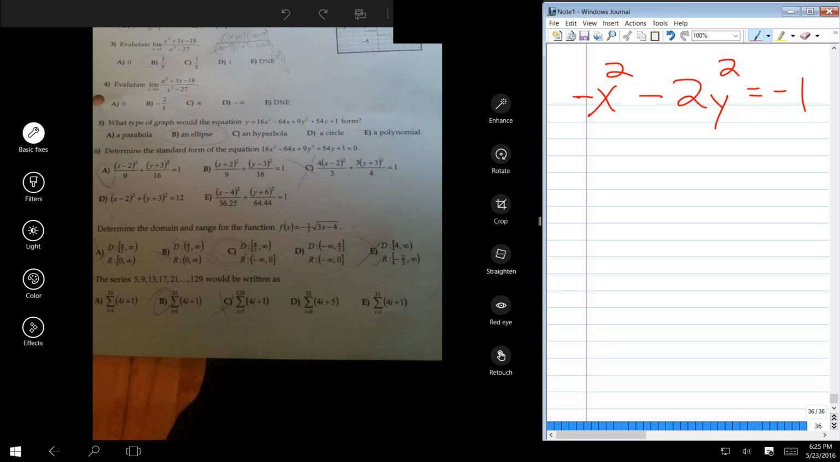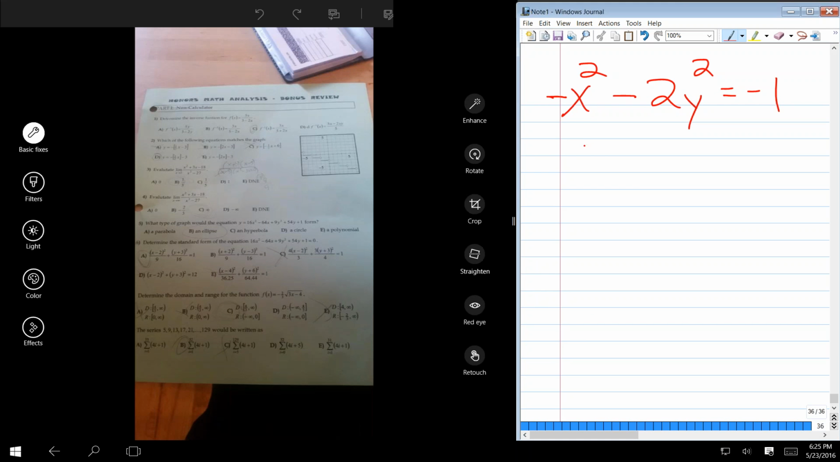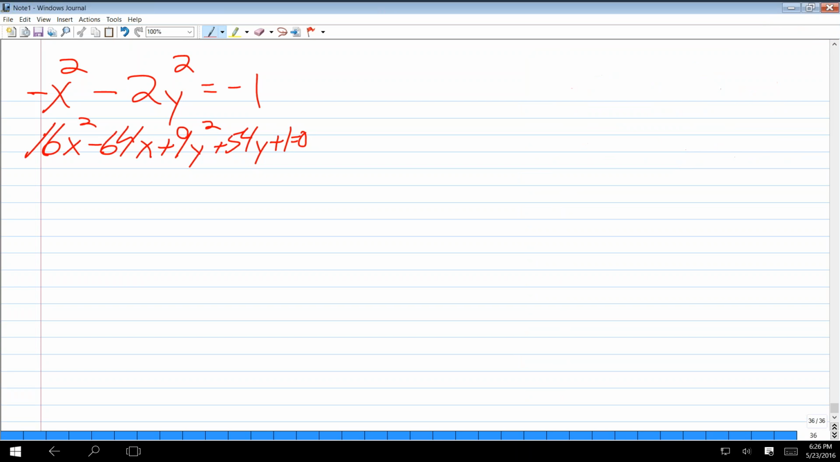Okay, number 6. All of these we have to complete the square. So let me write it first of all so I can expand it. 16x squared minus 64x, oh this is going to be a good one, plus 9y squared plus 54y plus 1 equals 0, and now we'll solve this. So what are we looking at first of all? It's an